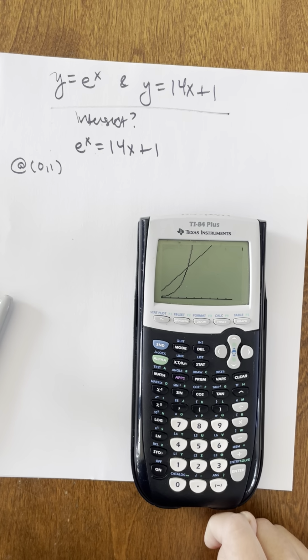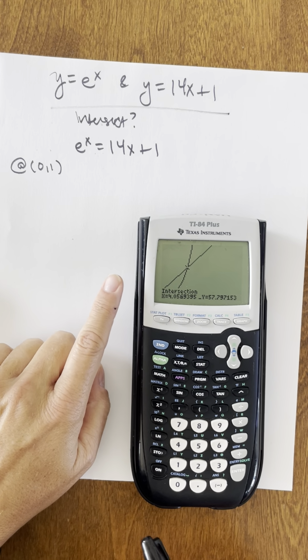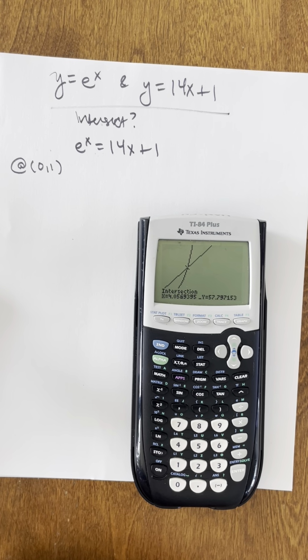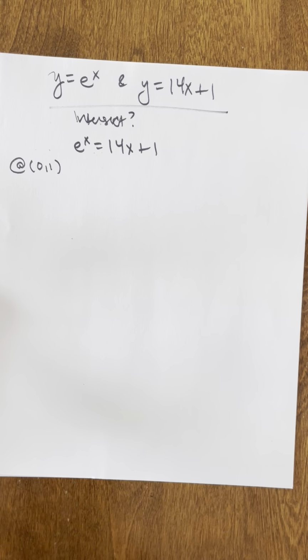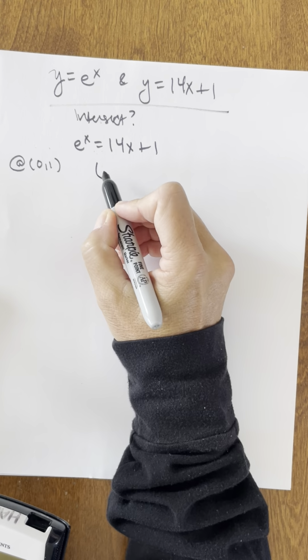You can guess or just hit yes, please, and it will give you your answer. So these two graphs intersect at x equals 4.049385, and y is 57. So these intersect at the point 0, 1, and again at